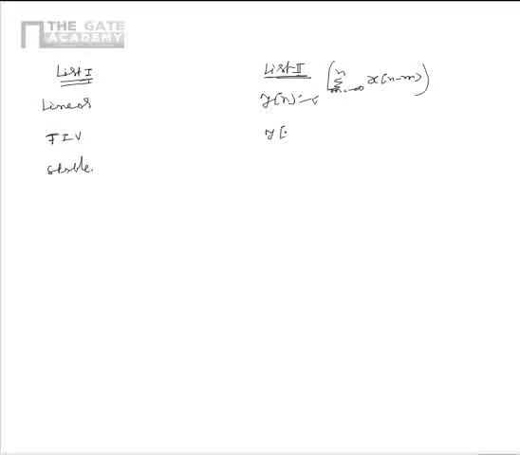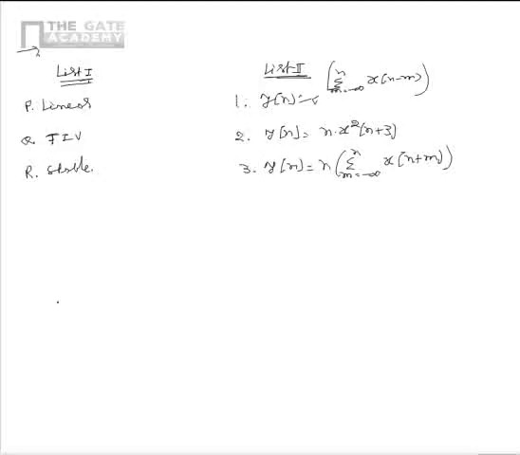y[n] = n·x²[n] + 3, y[n] = n·Σ_{m=-∞}^{n} x[n+m]. We have to match the attributes in list 1, that is P, Q, R, to the systems in list 2, that are 1 to 3. From this we see that if we take system 1,